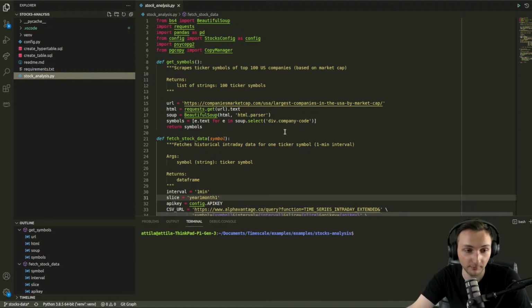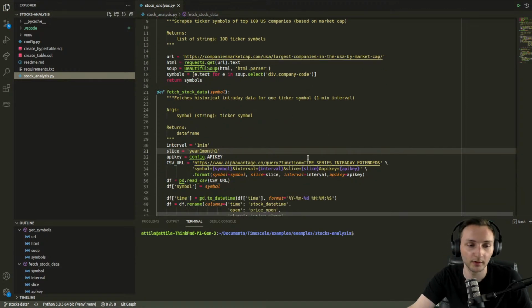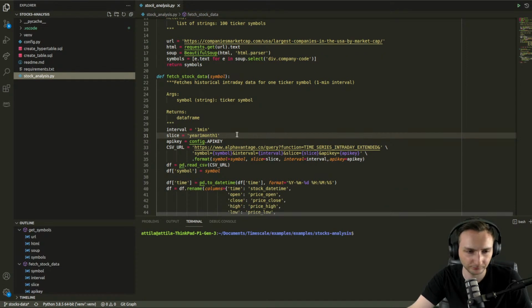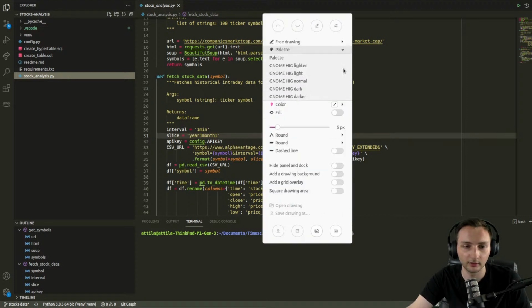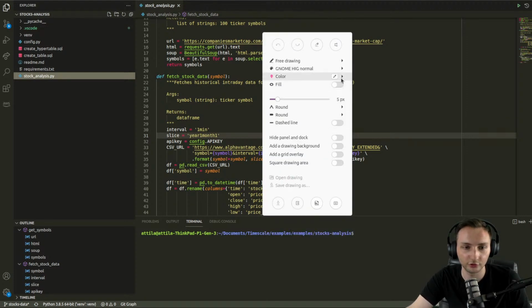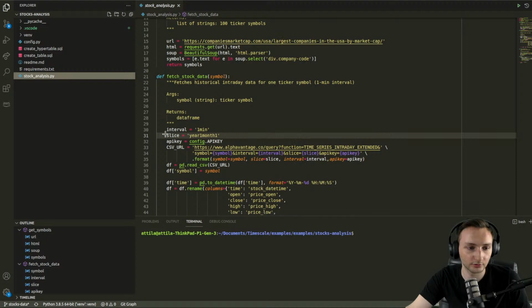using the Alpha Vantage API. And last time we were able to create a script which fetches data from the last month. Let me get my drawing tool ready. So we were able to get data from last month, and in this